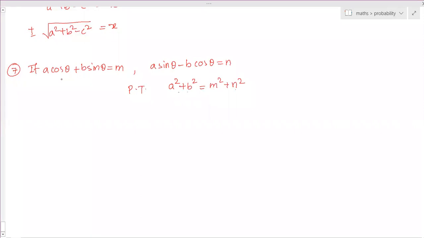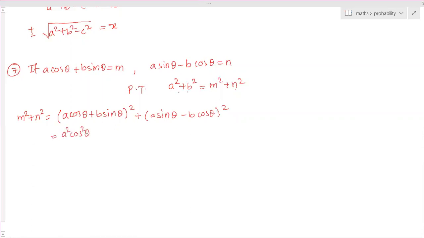It is not possible to get the value of A square plus B square immediately from this question. But these values M and N we already have. So start with M square plus N square is equal to, what is M square? A cos theta plus B sin theta whole square, plus N is A sin theta minus B cos theta whole square. So this is equal to, open the bracket,